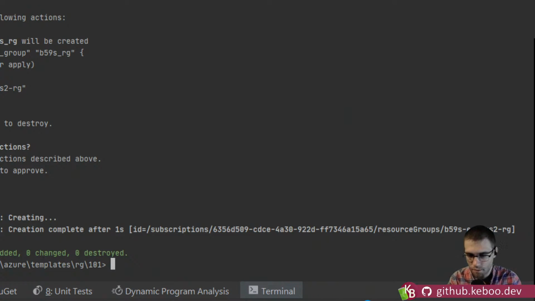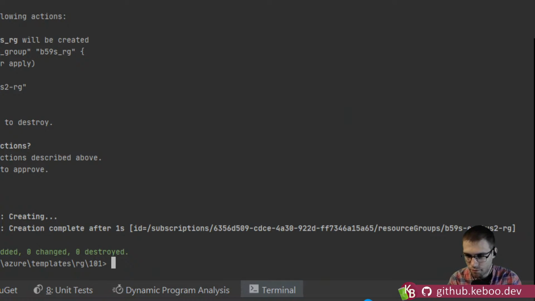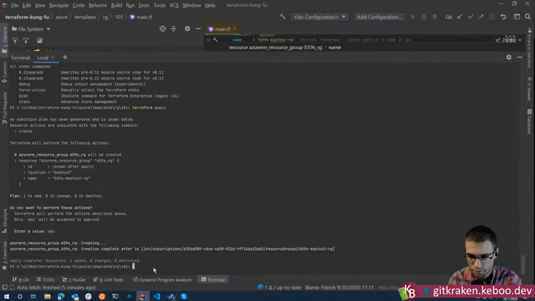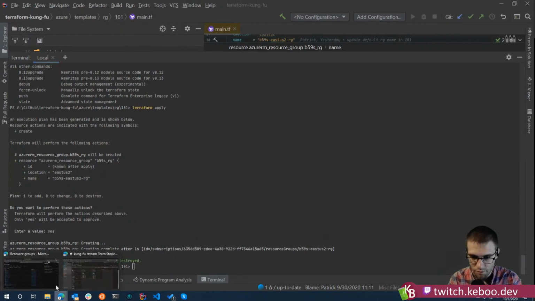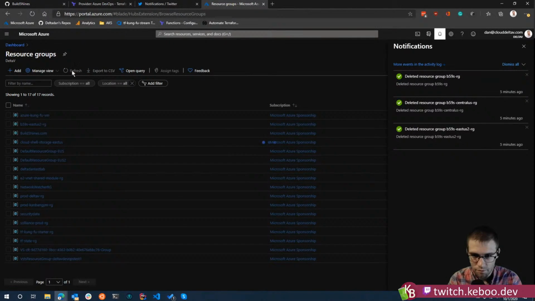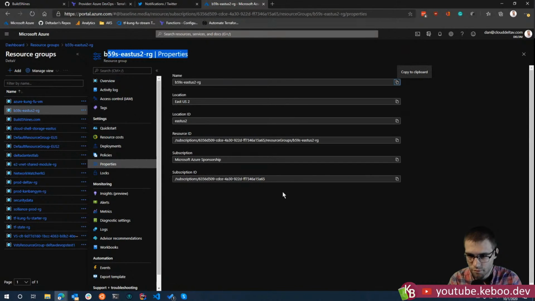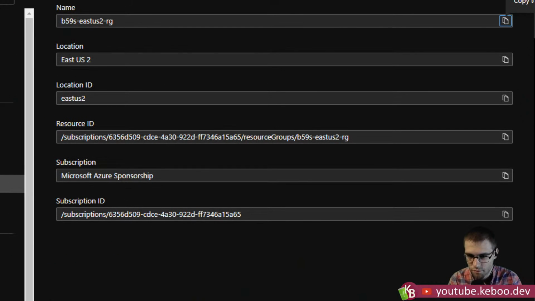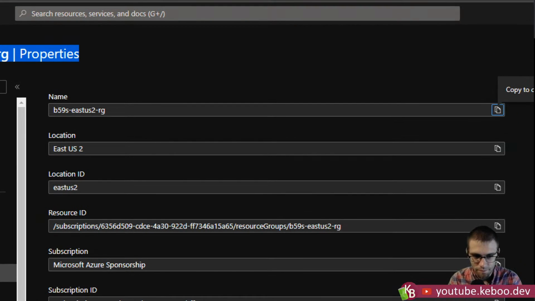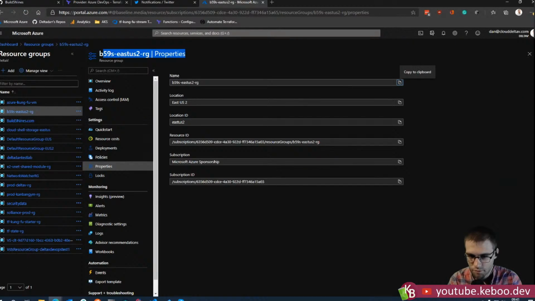And when we have a resource that's other than a resource group, if we build something in this resource group, that string will get longer, right? Because it'll have subscription, it'll have resource group, and then it'll have the ID or the name of whatever it is we built. So over here, we see now that we're building this B59's ECS2. If I go to its properties, we can see that's the same thing. We can see that subscription ID, we can see where it is, all that sort of stuff.